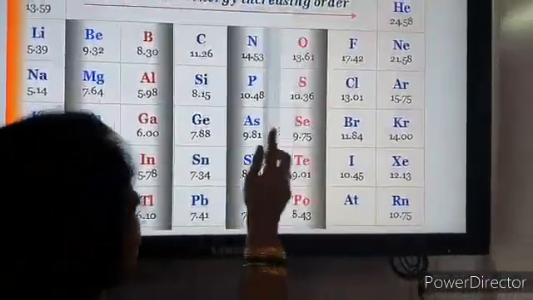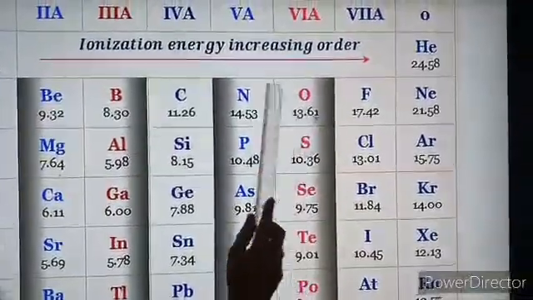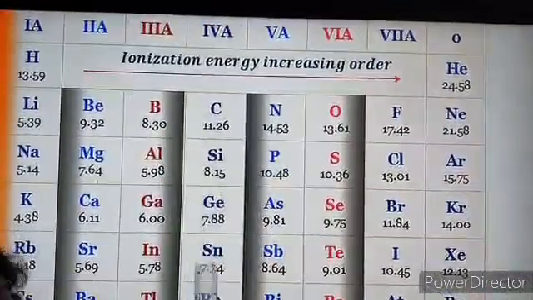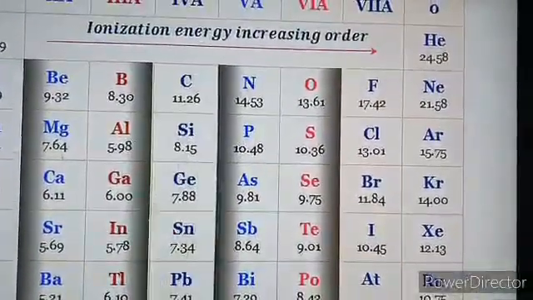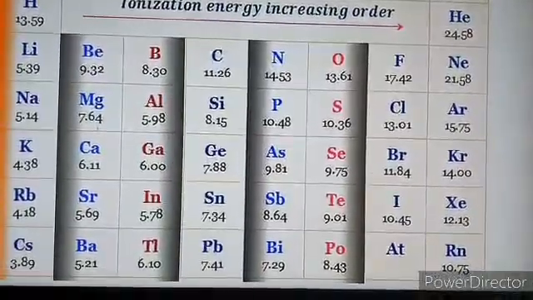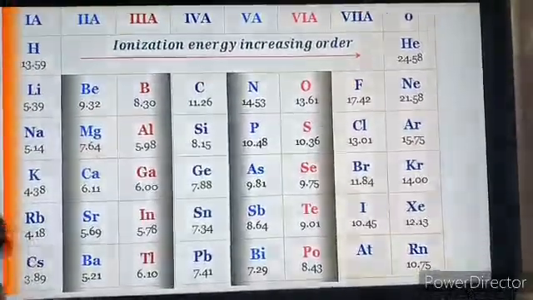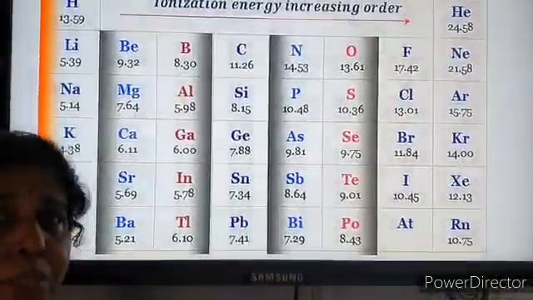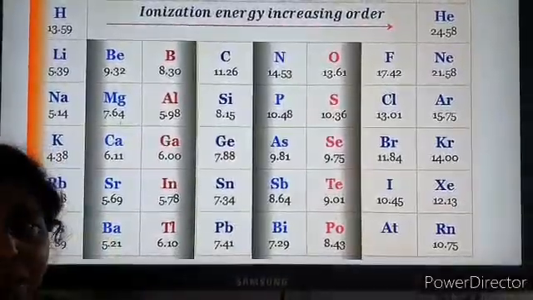And even you can see here some more exceptions. Can we compare nitrogen and oxygen? Here actually oxygen must have more ionization energy when compared to nitrogen, but here in fact nitrogen is having more ionization energy than oxygen. The reason here is nitrogen is having stable configuration. It has half-filled p subshell, half-filled p orbital. So either half-filled condition or completely filled orbitals will give stability to an atom. That is the reason why the ionization energy of nitrogen is greater than oxygen.